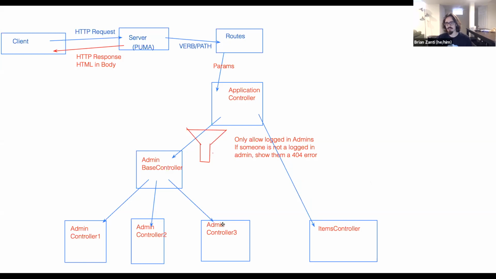It might also be the case that there are certain item things that you can only do as an admin. So in addition to our regular items controller, we might have an admin items controller, where this is all of the admin stuff that items can do. So maybe, for example, only admins can delete an item, but everyone can look at the